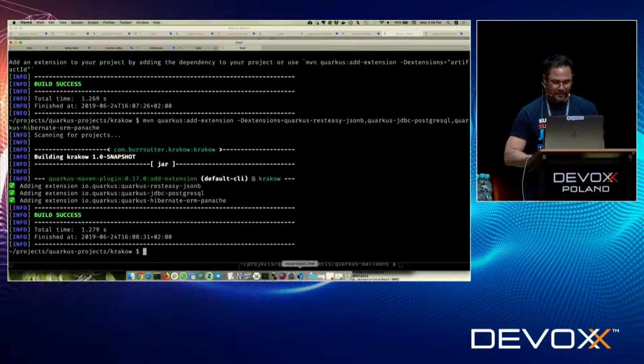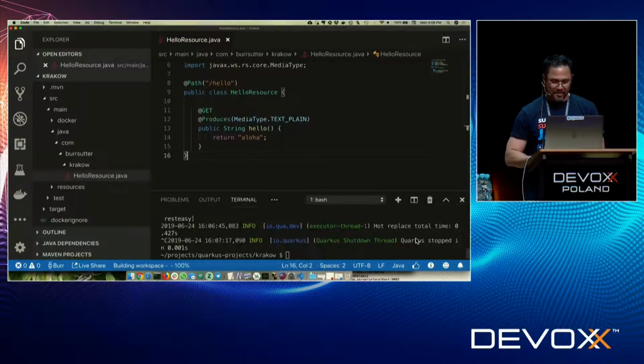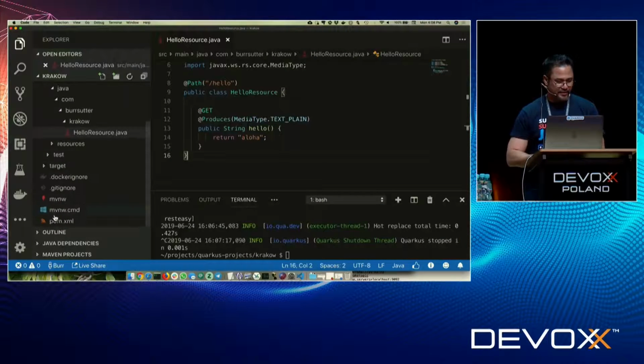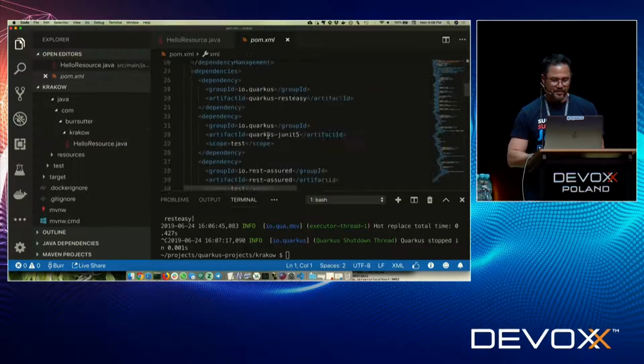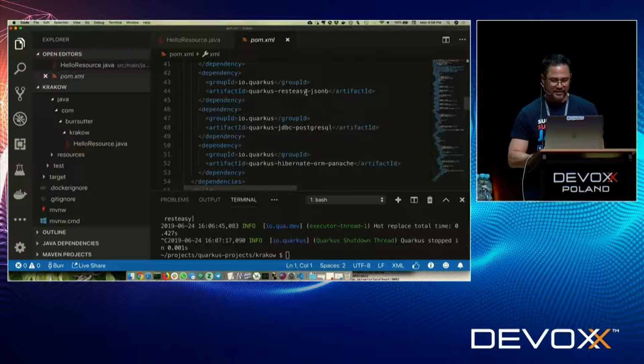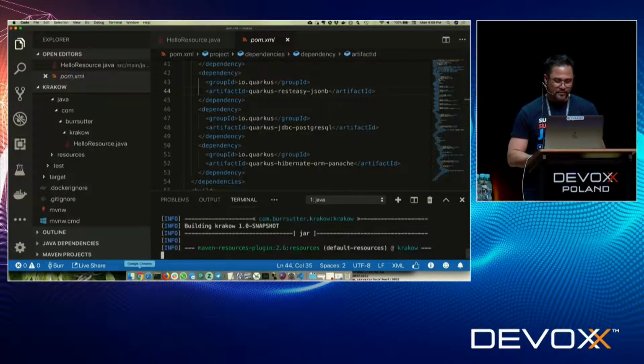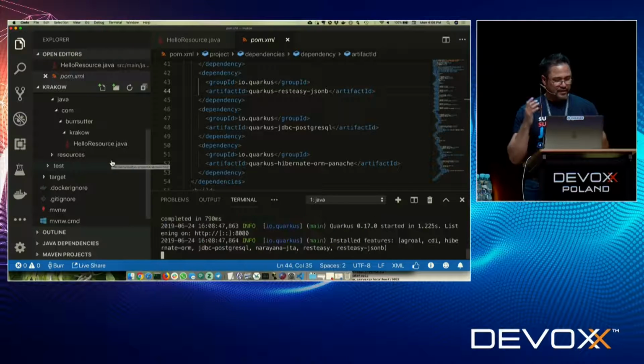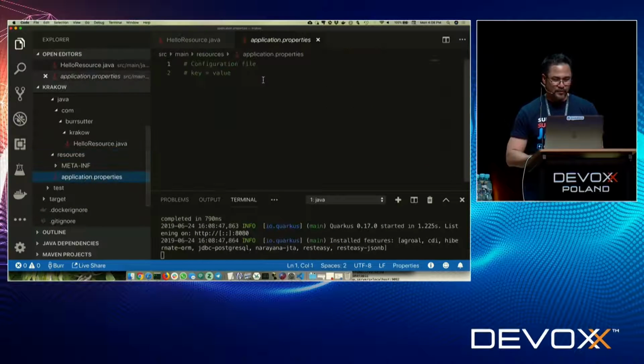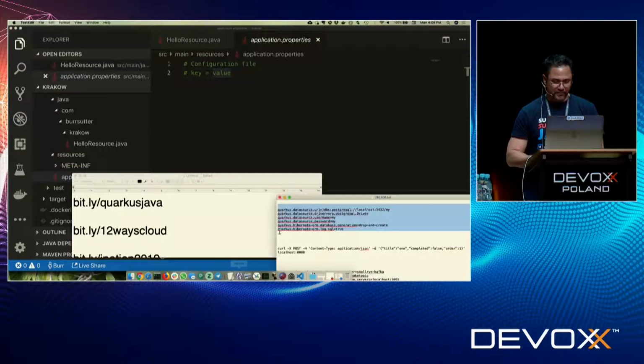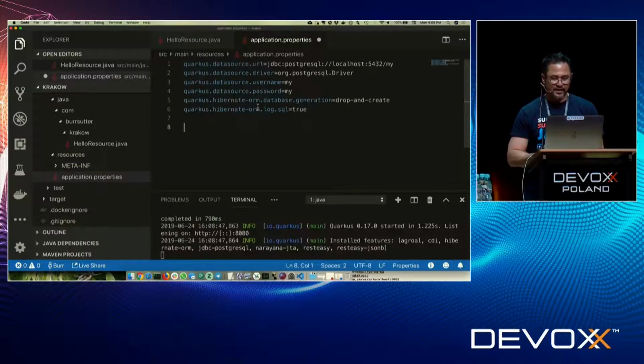All right, so I can come back now and say, oh, yep, my POM XML was updated. You can kind of see this right here. There's the POM XML updates. You'll see there's RESTEasy JSONB, JDBC PostgreSQL. I can come up here and go back into development mode, and now I can do some interesting things. I now have the ability to build a full database application. But in order to do that, I do need to populate this properties file, which I have a copy of this stuff right here. I'm just going to cheat and put it in, just real fast, and I can call this Krakow.